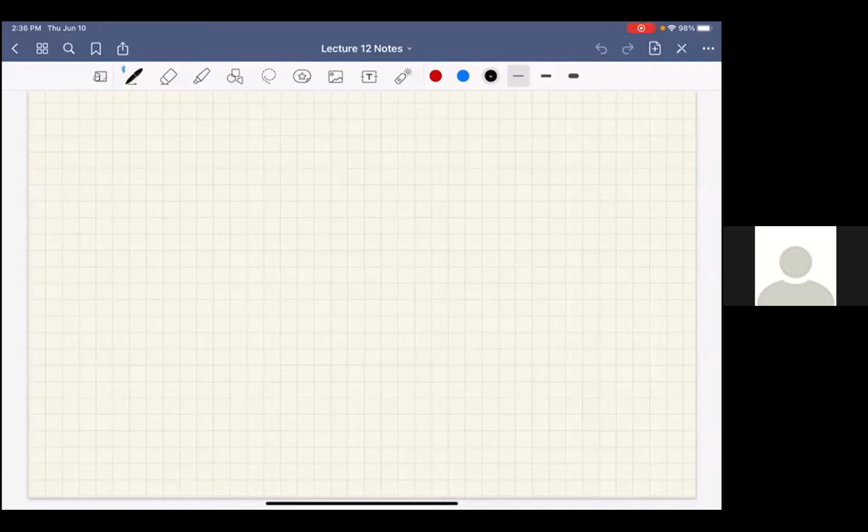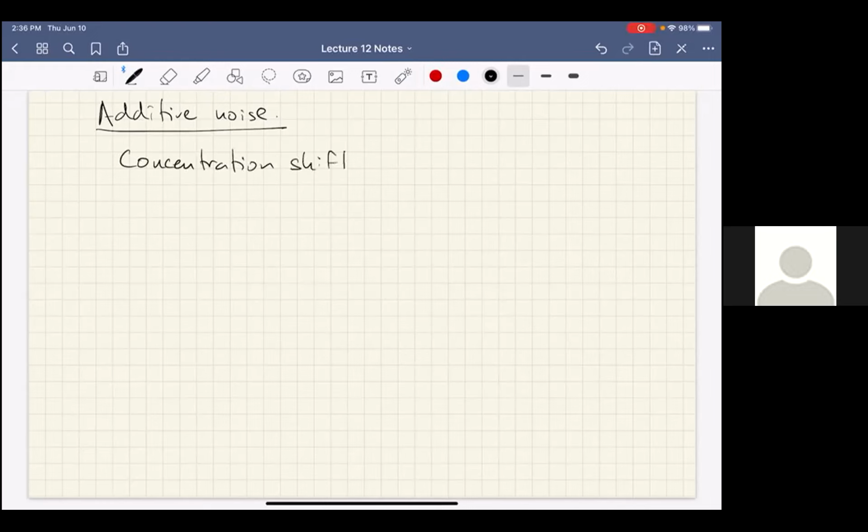In this lecture, I'd like to wrap up our discussion of modulation techniques. And in doing so, I would like to come back to a couple of ideas that we talked about in the previous few lectures. One is the idea of additive noise. So especially in the previous lecture, when we were talking about concentration shift keying, we talked about